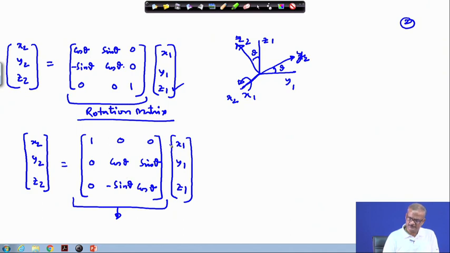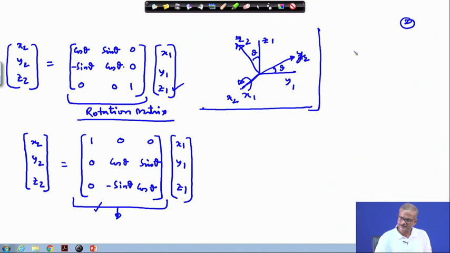And this you can verify by writing the same expression, the equation we have written earlier, and you can arrive at the result. Then the next question is, if we give rotation about the y axis. So, now this is x 1, y 1, z 1, and we rotate about the y axis. So, we are rotating like this. If we rotate, this will go from this position to this position, and this will go down. So, here this angle is theta, this angle is theta, if we are rotating by theta angle.